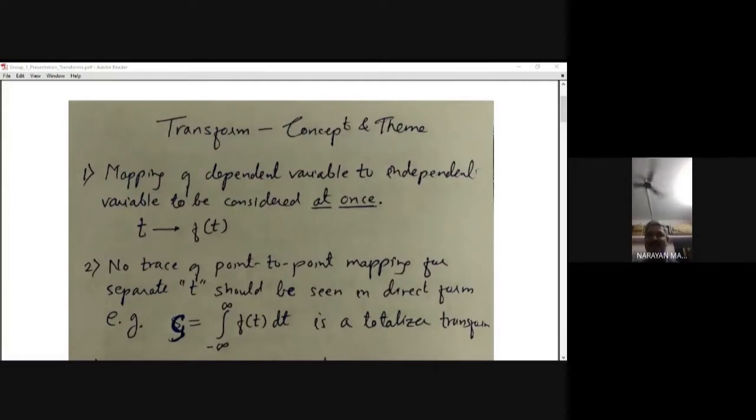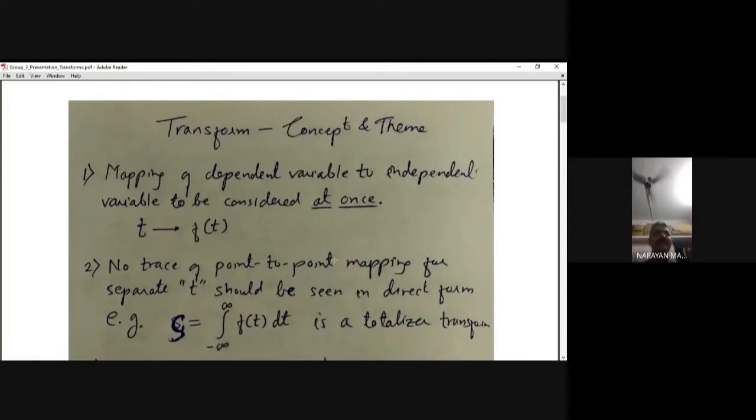Immediately people are not able to understand the significance of e raised to minus j omega t. So I thought whether we can have something else in the presentation, and that is the transform is